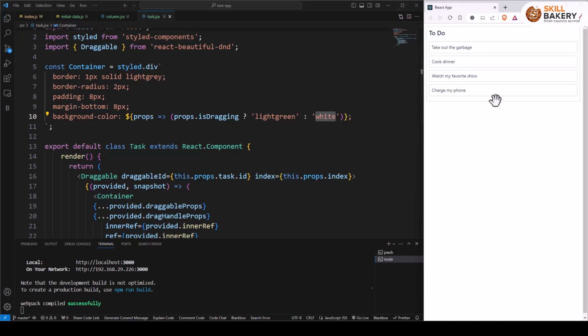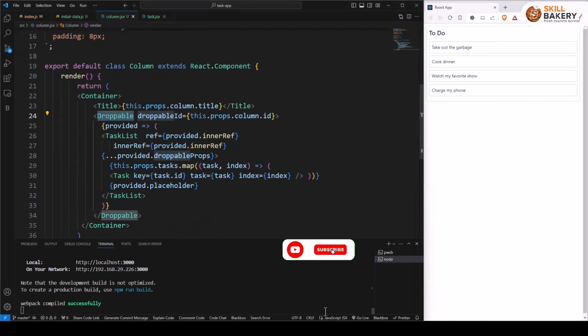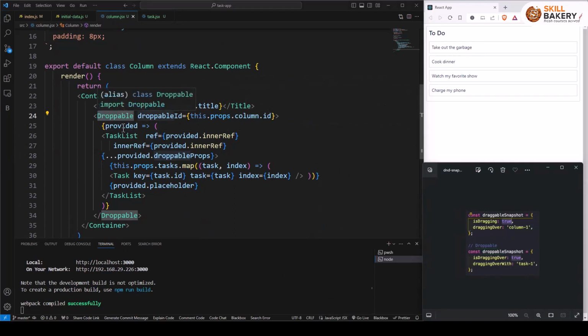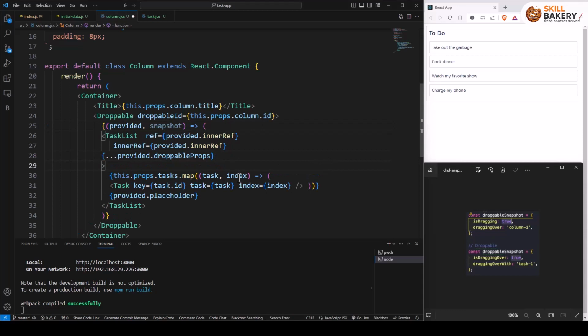Now as I was saying, we'll also add a background color to the column as well. For that, we'll go to column, and over here again we will be making some changes to this droppable that we have. Here we have provided, and we'll be updating it to provided and snapshot. Now using the snapshot, we will be making use of the isDraggingOver property, and based on that we'll also make some design changes. So here we'll be providing isDraggingOver,